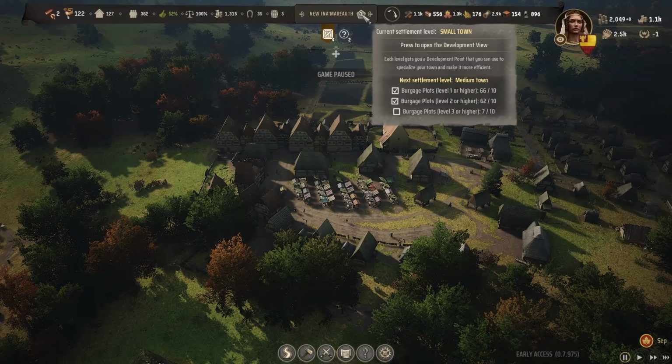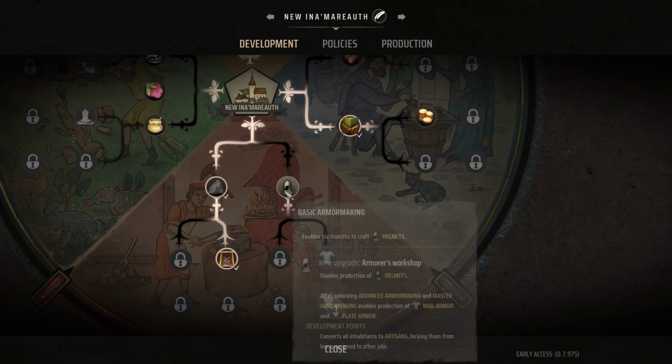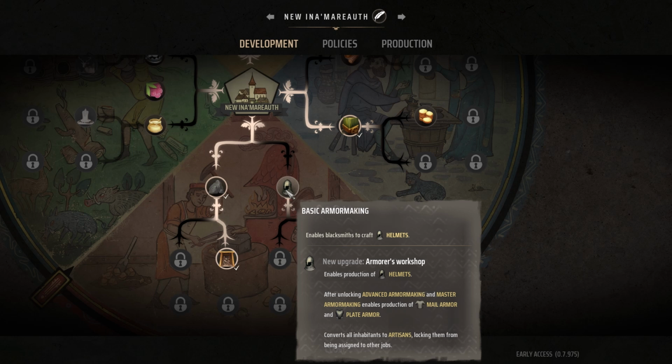Next, I want to come over to New Namruth and spend our new development point that we achieved last episode. I think we're going to get armor making, and I'm choosing this development point for 2 reasons. 1, our capital city is where our army is housed, and I would like our army to be as beefy and defensive as possible. Armor making will hopefully assist in this goal, at least that's what I'm hoping, as it